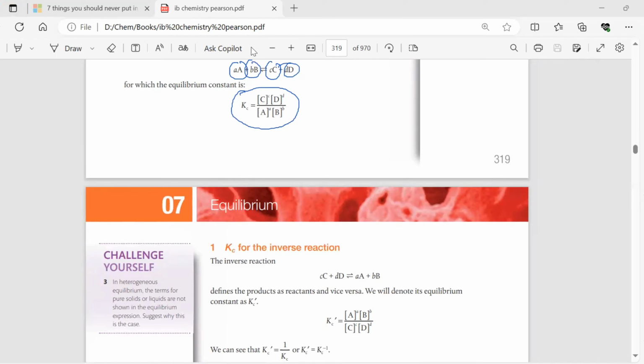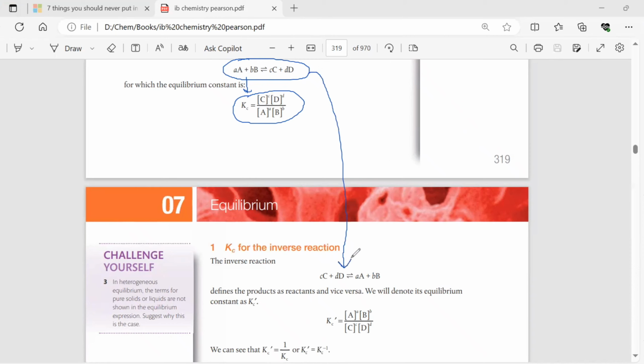This reaction has this Kc value. Now we have to understand that whenever we see the same reaction, just inverse,